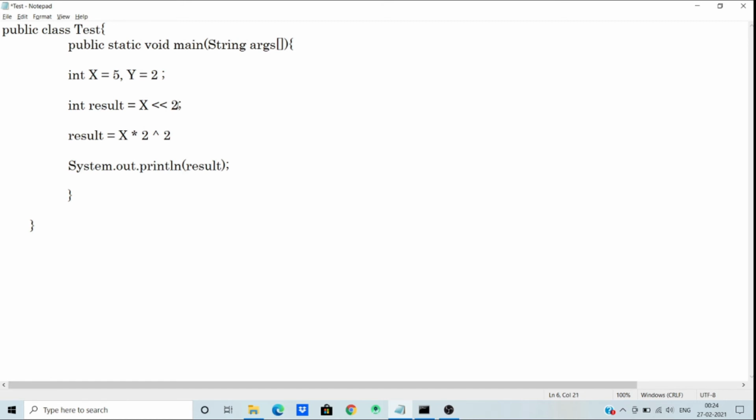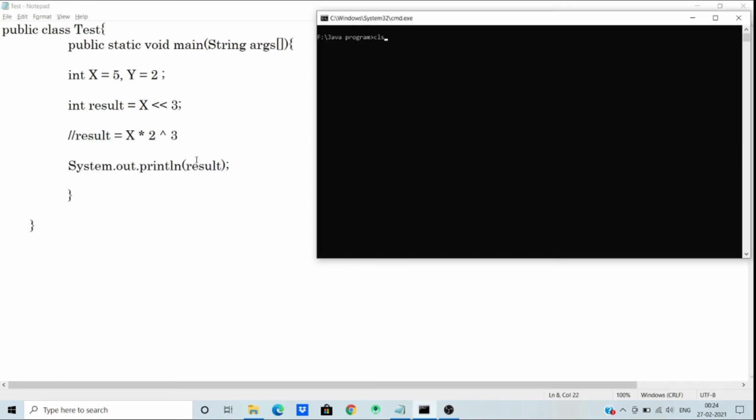So if I change this variable to 3, then this will be 3. So comment this line, and now the result will be: x is 5 and 2 power 3 is 8. So 8 into 5 is 40. So now the result will be 40. So compile this file and run it again. So the result is 40.